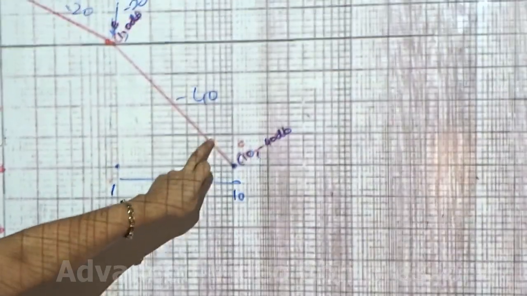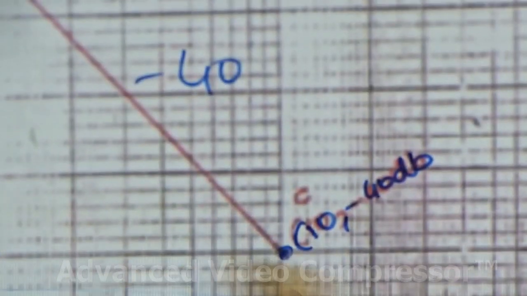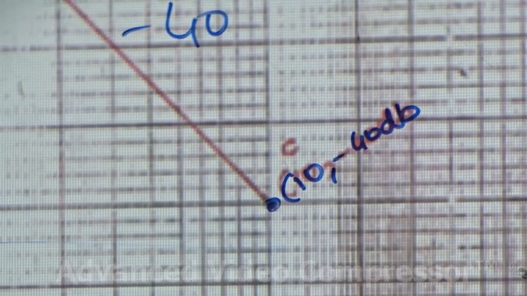Now this value shouldn't stop here. Where is the next common frequency? This is also at 10. But if this common frequency is somewhere in the center, at 5 or at 8, you have to stop here and then continue with the next one. But here our next common frequency is exactly at 10.